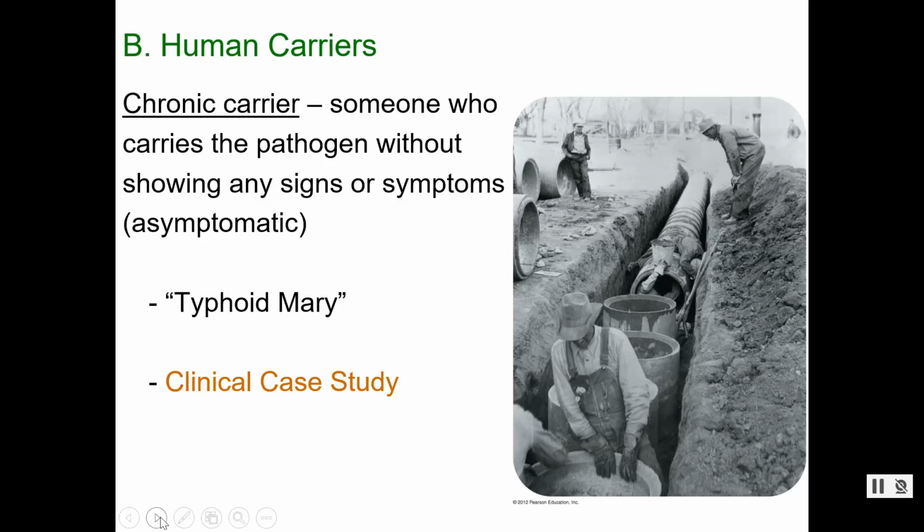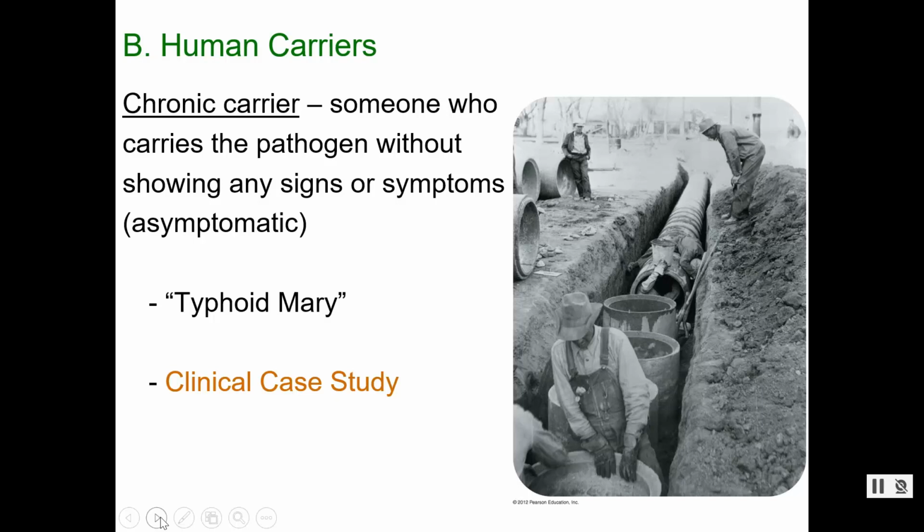So she went on, and then she got a job as a cook again. And sure enough, that house came down with typhoid. So they arrested her and actually put her in jail and told her that she was spreading typhoid and she couldn't do this. So she served a sentence. She got released. She changed her name and went on and got another job as a cook. Again, she did not feel like she was spreading it because she was never sick. Being a cook gets more money than being a servant, and she felt like they were denying her the right to make a living for her family.